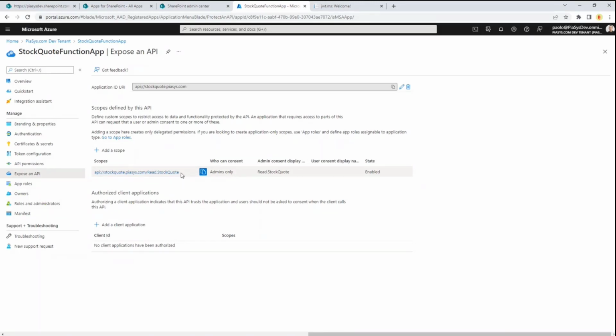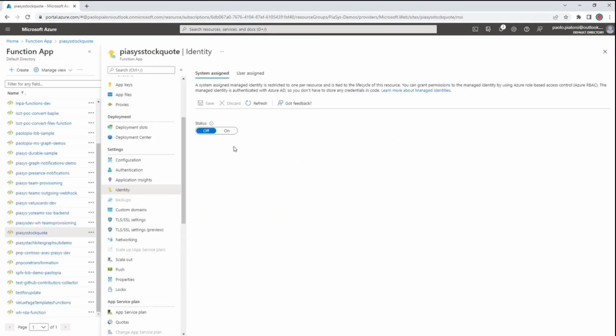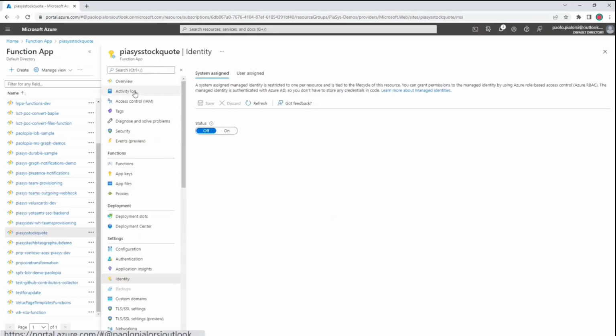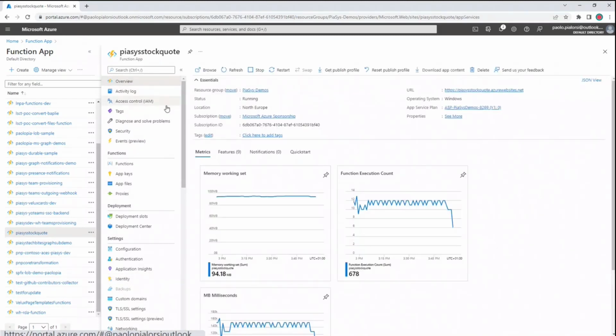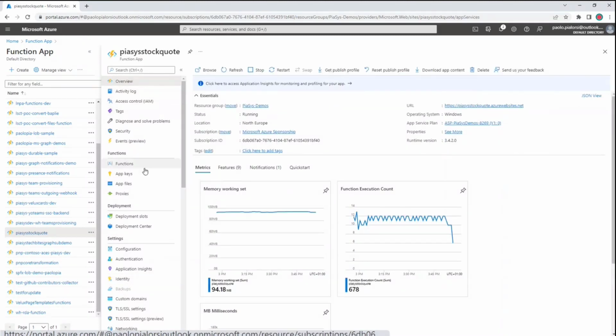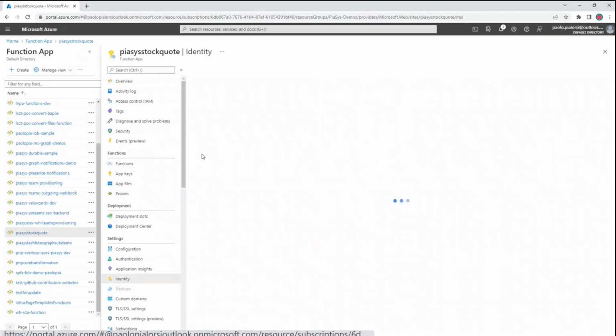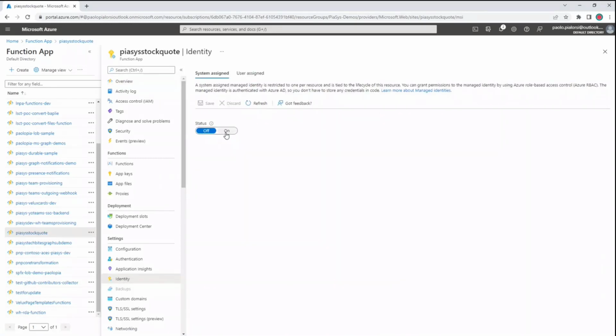Then I configured my application, my Azure Function app in Azure AD in order to work as the front end of my API. And here we are in Azure, in the Azure Function app. Here, the app could be configured either to use the authentication provided out of the box by the Azure function, which is not the case in my scenario.